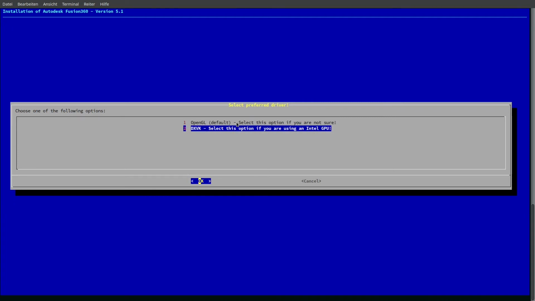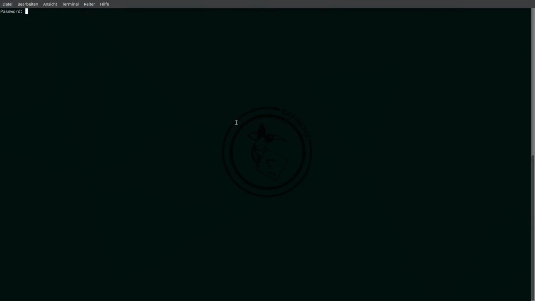And so it's better when you use the DXVK option, and on all other systems you can use the first option, or maybe when one of these options doesn't work for you, then you can test the other one, okay? So I select here OpenGL and select my Linux distribution, openSUSE Leap 15.3. I must input my password again. So,